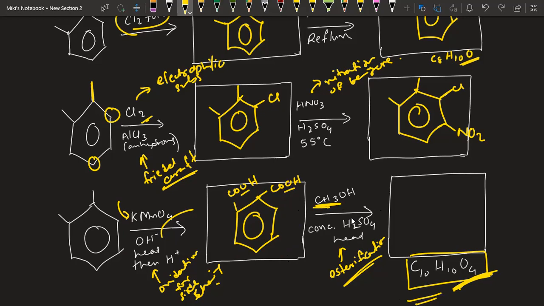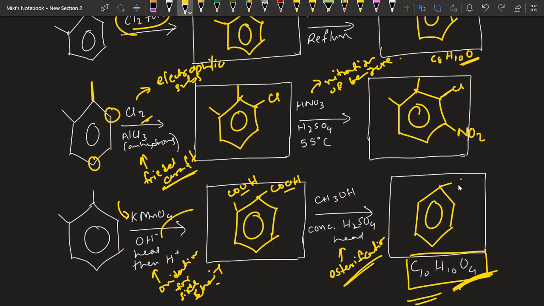How do I know? Because we have 8 here, and if only one of them is added, we have 9 carbons in that case. But they're saying we should have 10 carbons. That means this is the only reaction where we can get 10